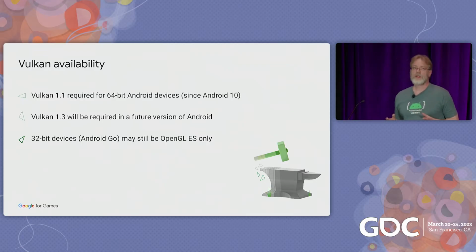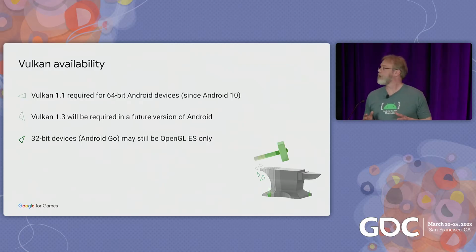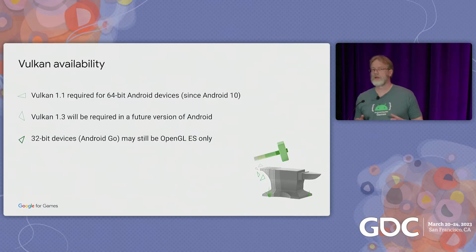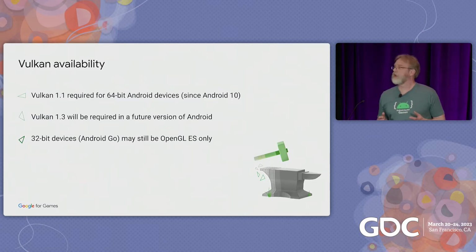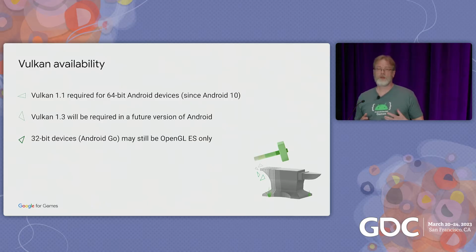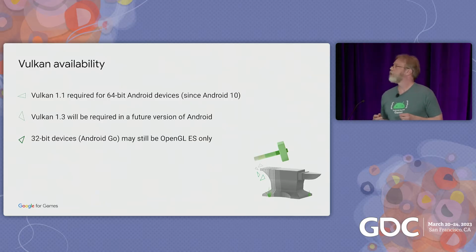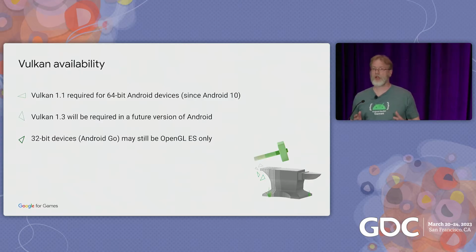Android is a very large ecosystem, and there are some subcategories where this doesn't apply. 32-bit devices, including those which are Android Go, may still be OpenGL ES only. So Vulkan is widely available on Android, but since Android is so big, that doesn't apply to all the categories